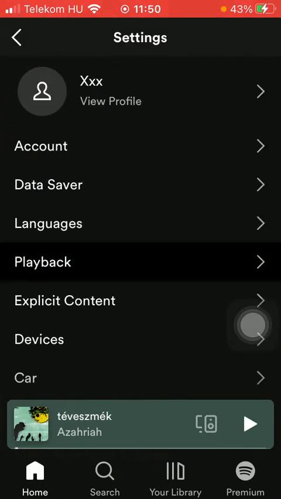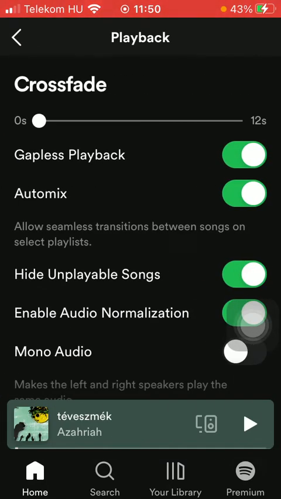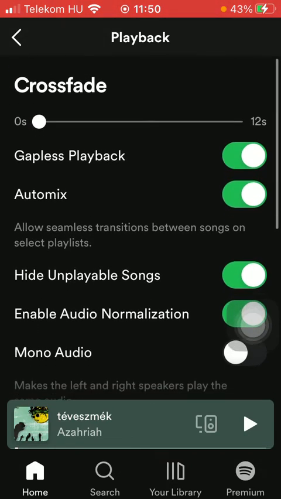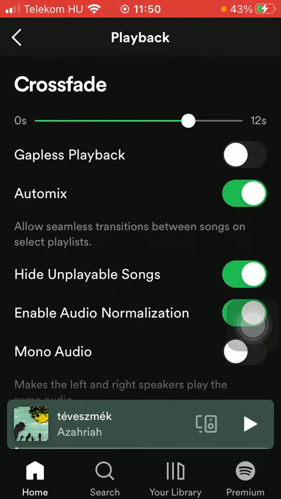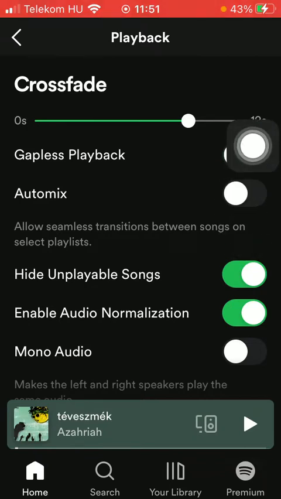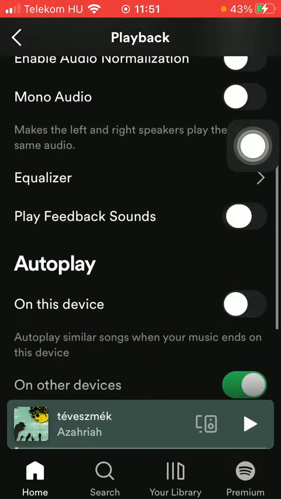Click on playback in the middle of the screen, and as you can see, there's a scale at the top which refers to the crossfade, so you should indicate that second. Then you can turn on all of these functions that you can see at this page, such as